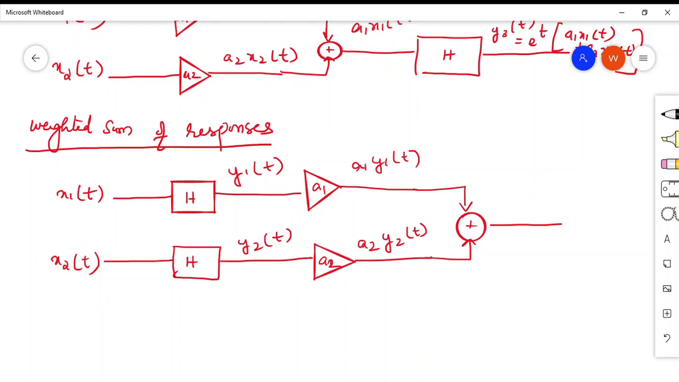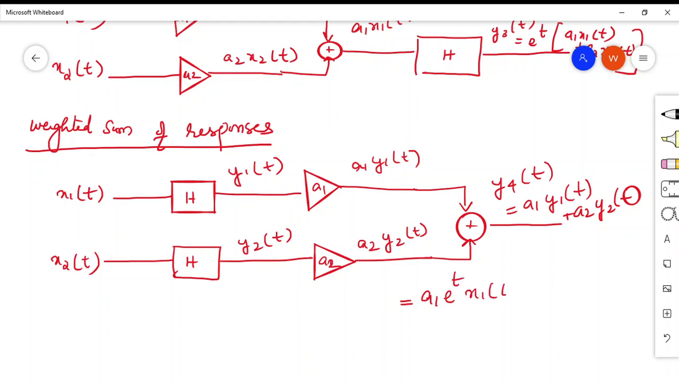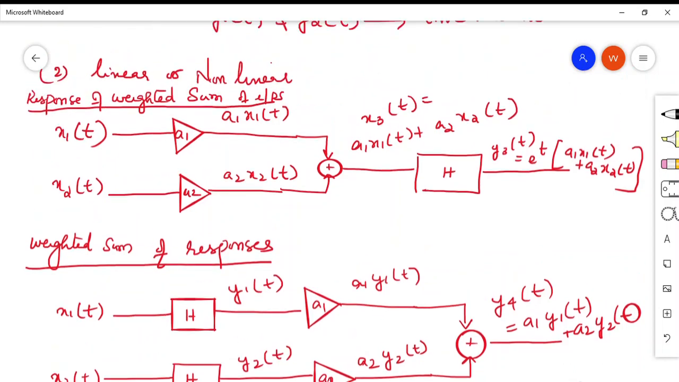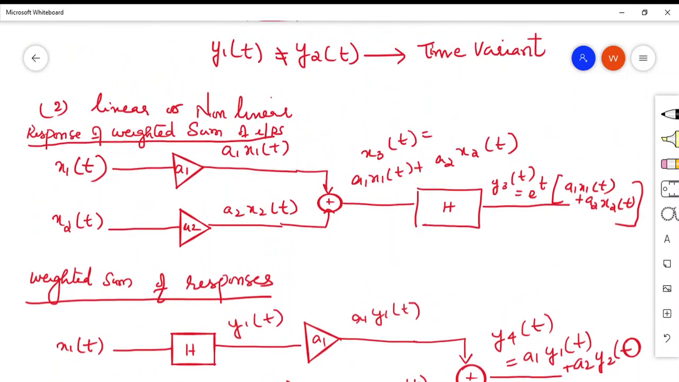When you add, let the output be y4 of t, equal to a1 y1 of t plus a2 y2 of t. So this will be equal to a1 e raised to t x1 of t plus a2 e raised to t x2 of t. So this is y4 of t. So if the weighted sum of responses is equal to the response of the weighted sum of inputs, you can say this is